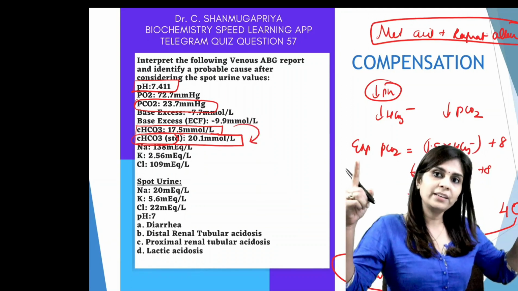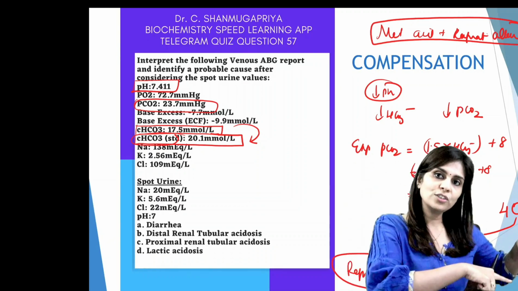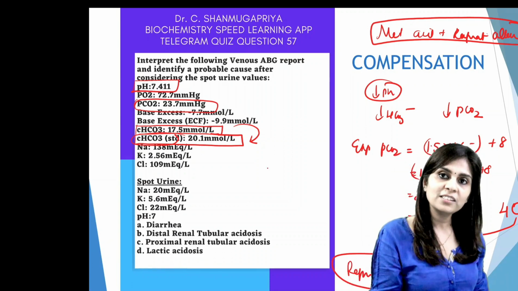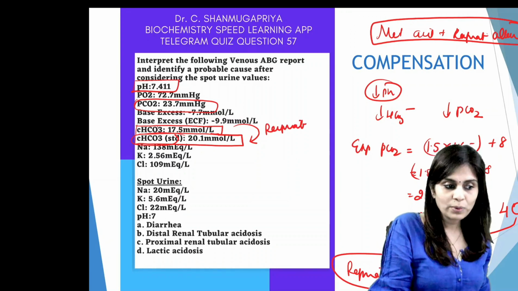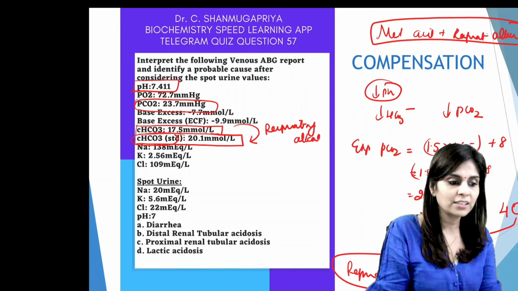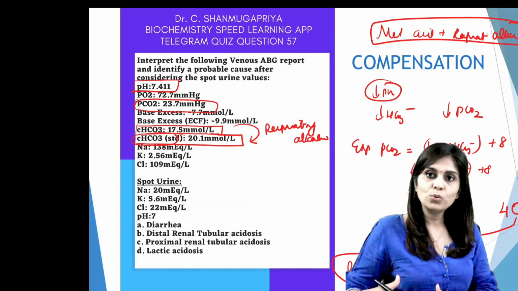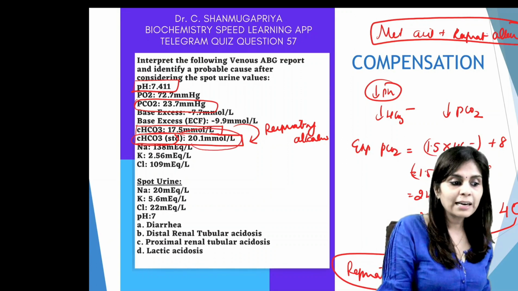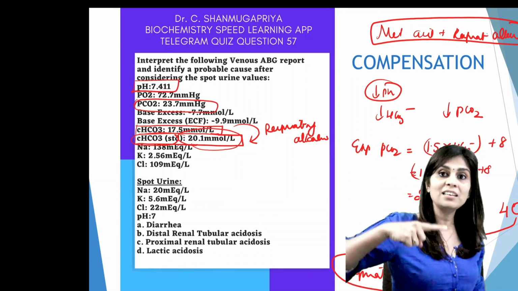So when the respiratory system is working properly, the bicarbonate should have been 20, but so long it was low. So some respiratory condition has caused a drop in bicarbonate. Which respiratory condition will cause a drop in bicarbonate? A drop in PCO2. Which condition causes a drop in PCO2? It is respiratory alkalosis. So this difference between actual bicarbonate and standard bicarbonate tells you that there is respiratory alkalosis. And even after I equilibrate it to normal PCO2 and normal partial pressure of oxygen, the bicarbonate has not returned back to normal. Yeah, what is normal value? 21 to 27. It has not still returned back to normal.